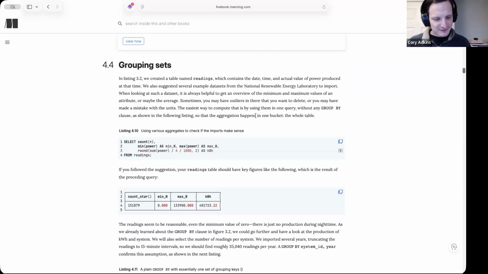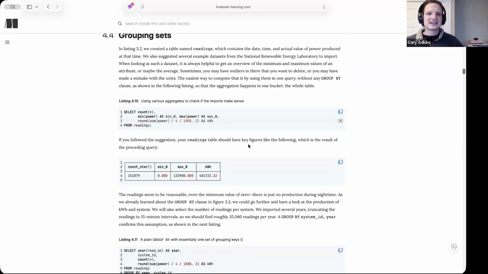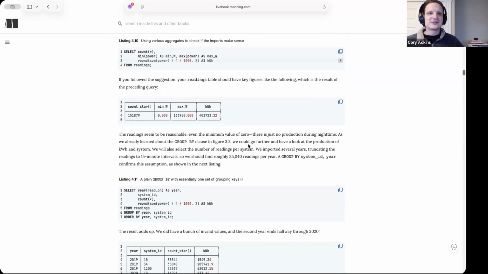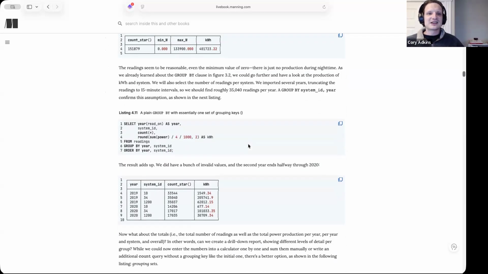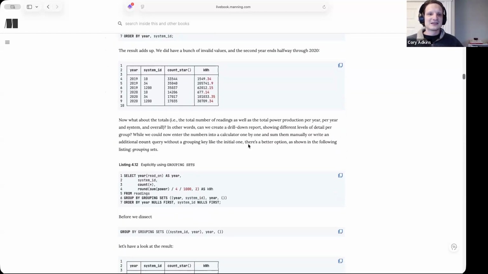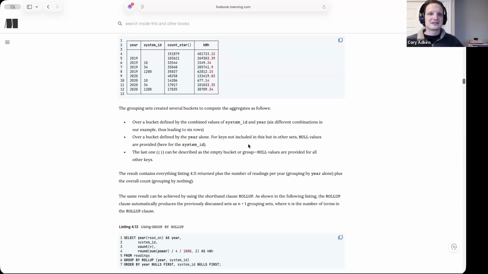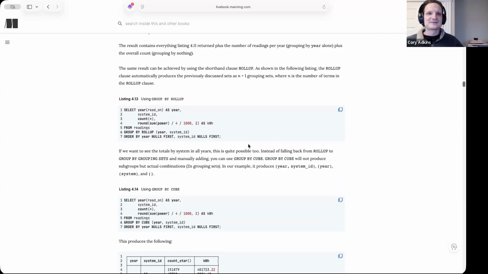I'm trying to think what I would use to do this in R. But the cool thing about grouping sets is that you can create what they call a roll up. And this is like the kind of table that I feel like